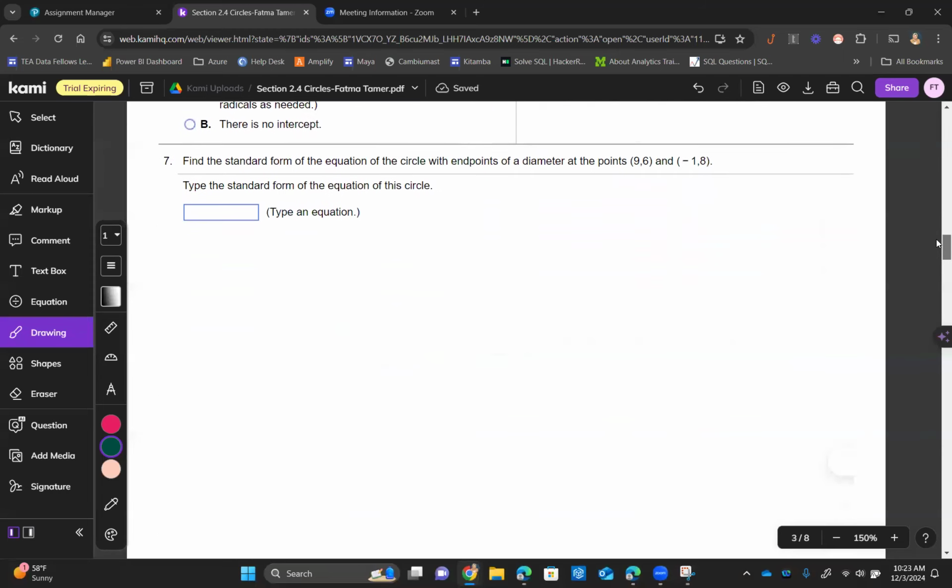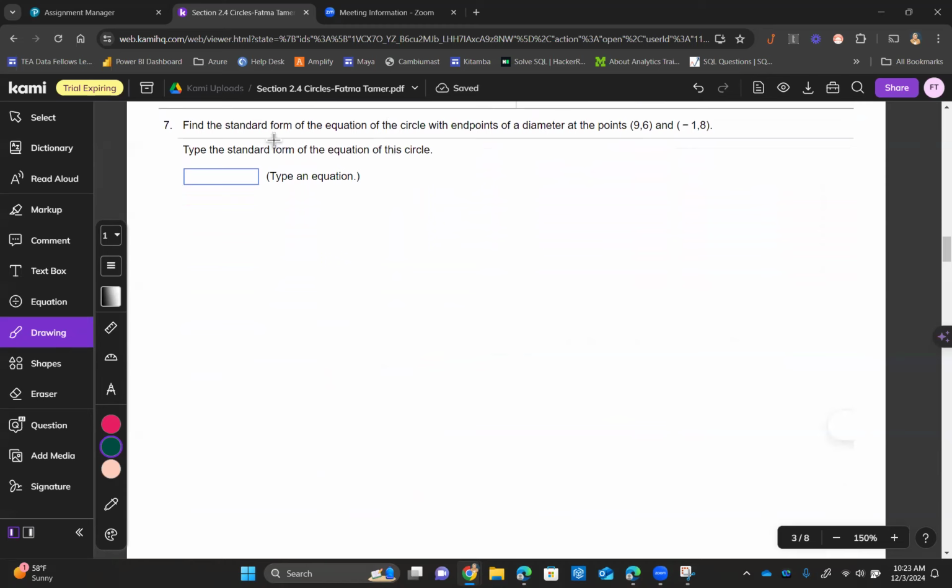Okay. The last problem on the homework: they want the standard form of the equation of the circle with endpoints of the diameter at the points (9, 6) and (−1, 8). Let's visualize what this is. We have this circle. We don't know much about it, but we know that the diameter is the longest line in the circle, which passes through the center. The question says that one of the endpoints of the diameter is (9, 6), and the other one is (−1, 8). So we're going to find the equation of this circle, and we will put the equation in